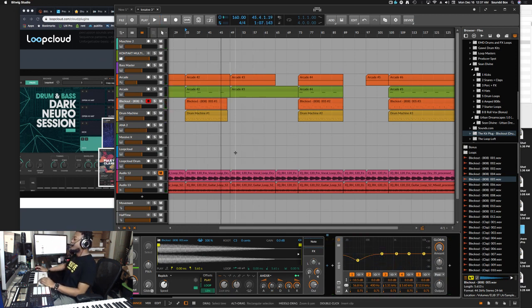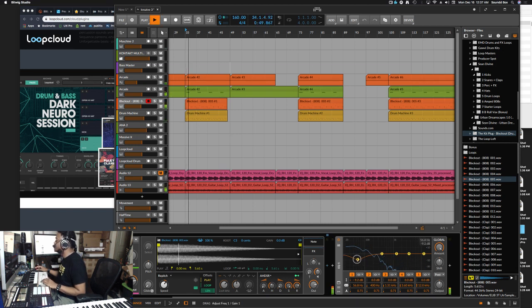So for me, if you understand frequencies, you can cut out like the 808, it was too boomy anyway. So I'm able to cut out a little bit. When you cut out a frequency, the kick automatically hits harder.